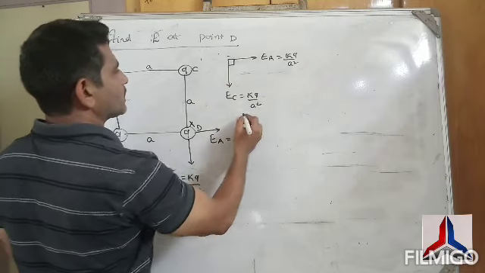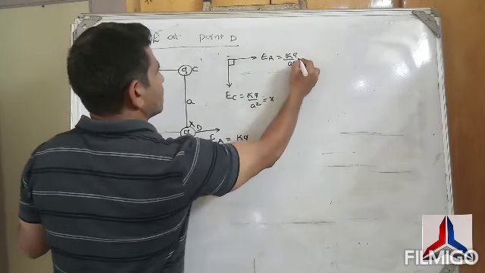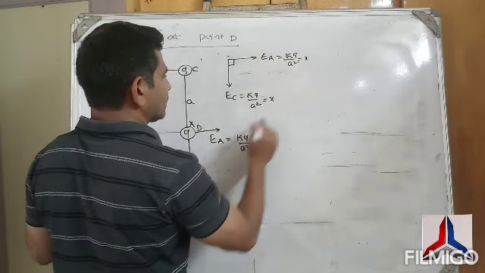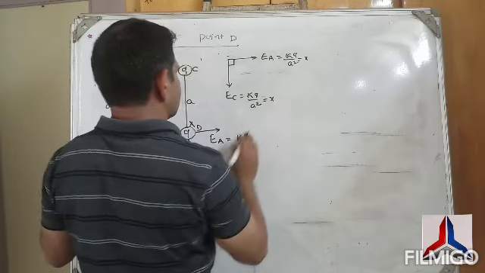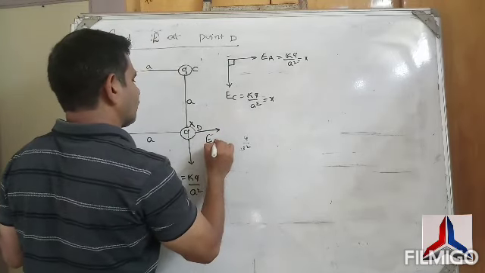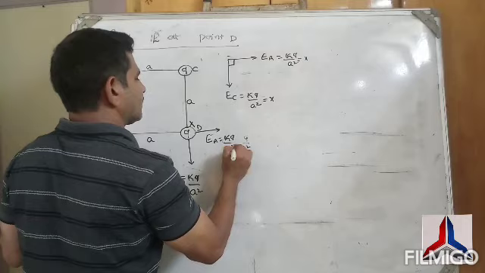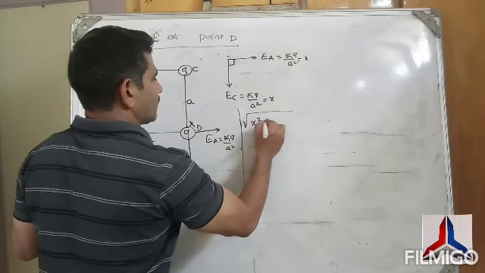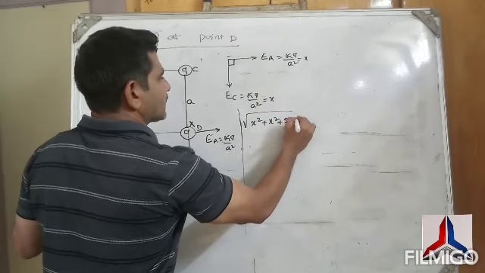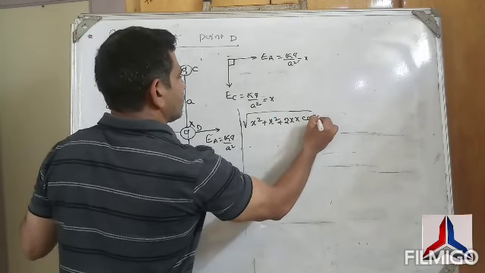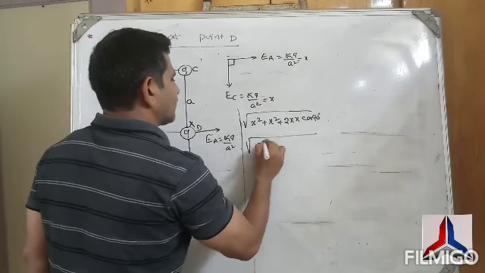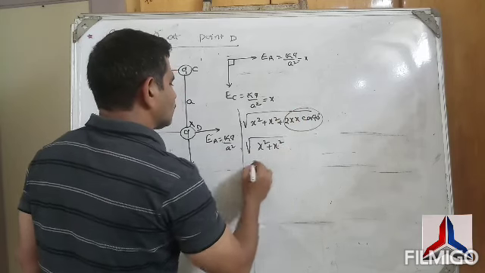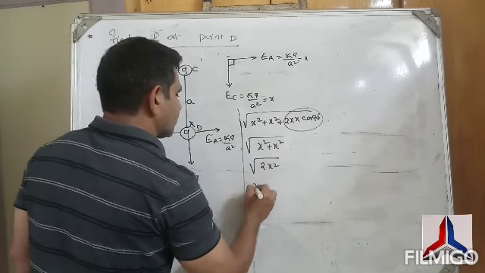These are perpendicular to each other. Let us say this value is X. Understand? This value is X. So if two X and X are perpendicular to each other, then you can find the resultant. Resultant you are finding root over X square plus X square plus 2XX cos 90. Cos 90 value is how much, beta? Root over X square plus X square, and this term is 0. So therefore root 2X square, X root 2.